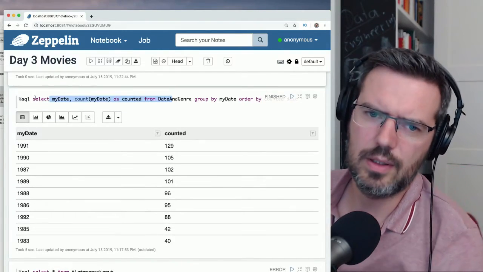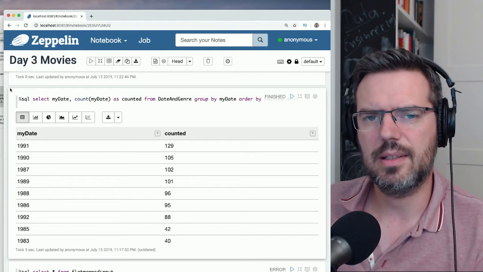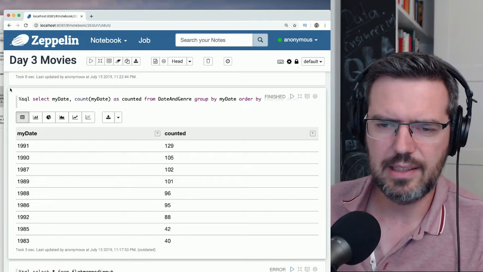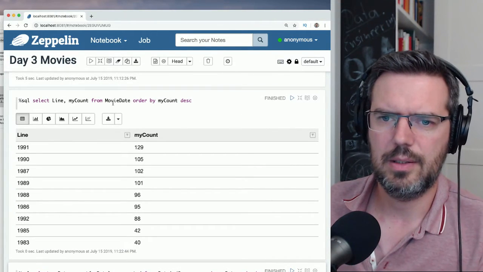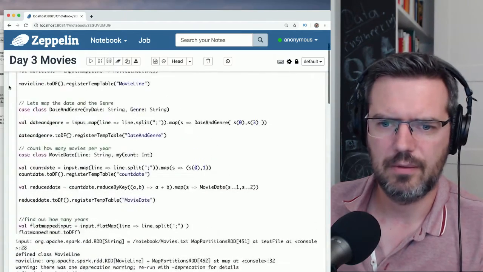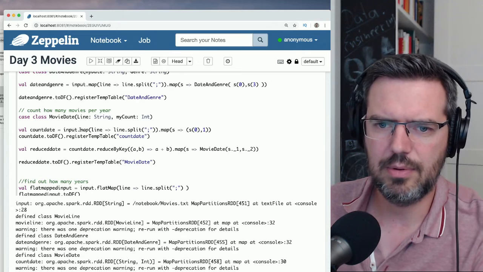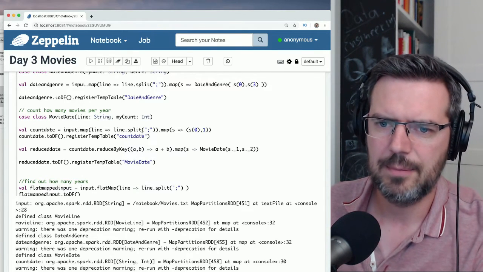The only thing we have changed is, first, we had an RDD in this one here, where we use movie date. We took the input as just a text file, and then we mapped it.